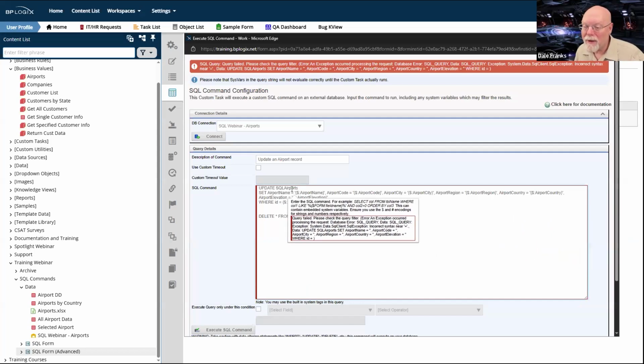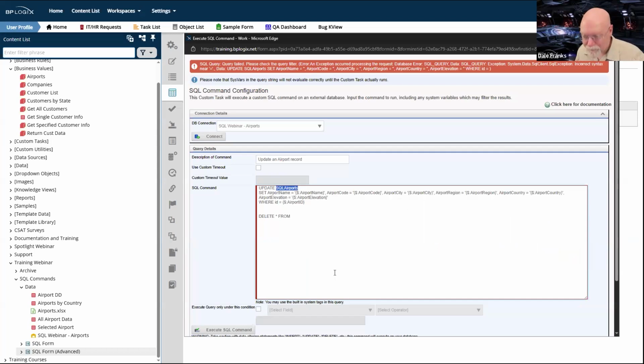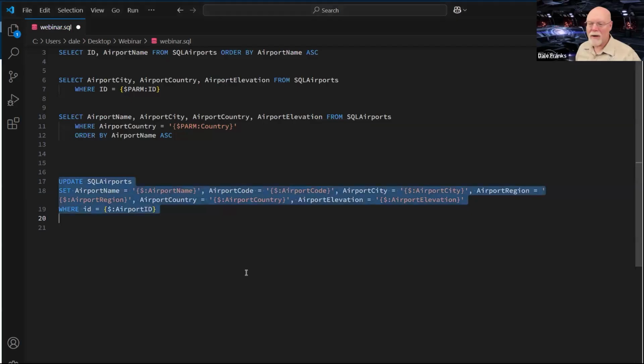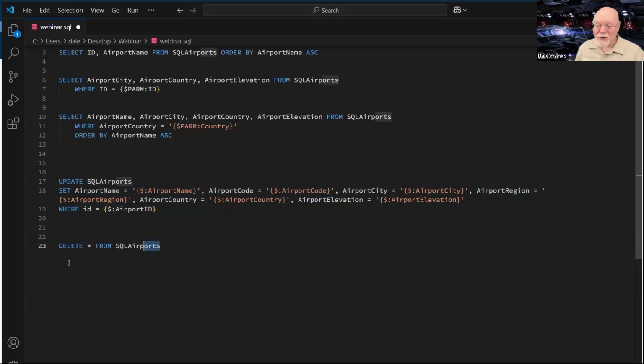SQL airports. So let's say this was the SQL statement that I had here. And let's swap back over here just to look at it so you can see it. This was my SQL statement. Delete star from SQL airports. There's no where statement. If I run this SQL statement, it will delete every record from my database.